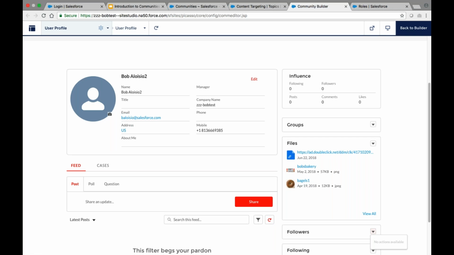That's it. We have successfully built a basic community. There is a lot more that you can do with it. It can be as complex or as simple as you want it to be. This was just an introduction to communities, but there are more advanced topics, such as creating a workflow for cases sent in from your community to assign them to appropriate queues, adding other components such as Chatter to your community, and using data categories and groups to further categorize your articles in your community. You will be able to find out more about these features in possible future webinars, and you can also visit our resources.